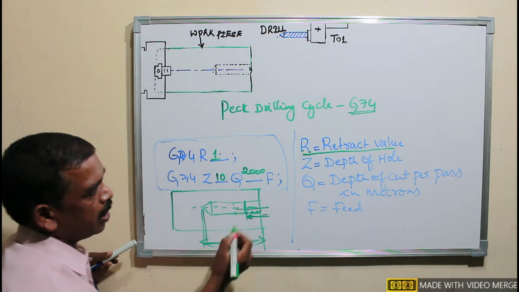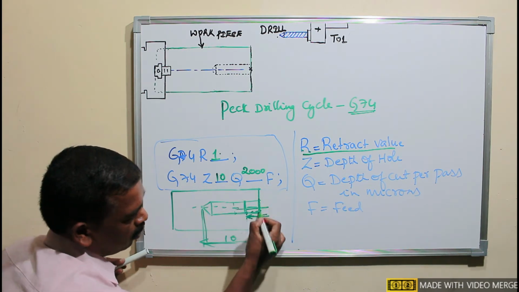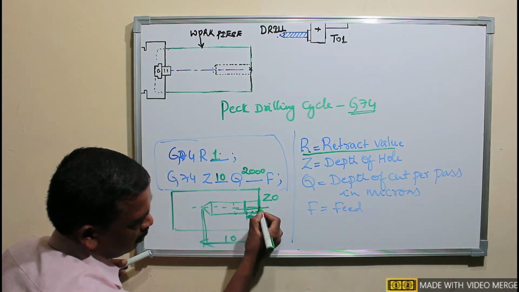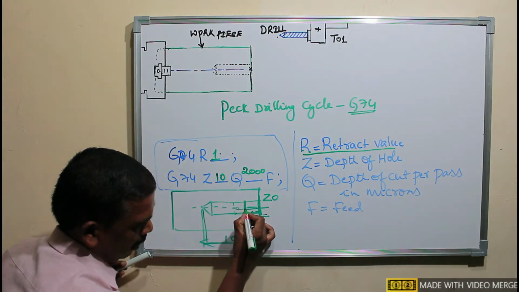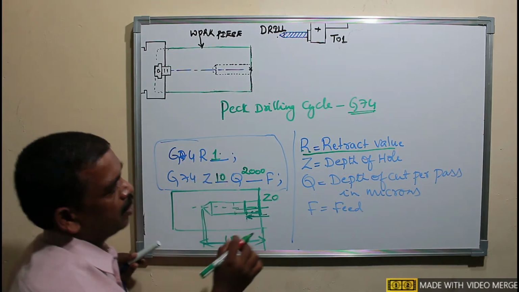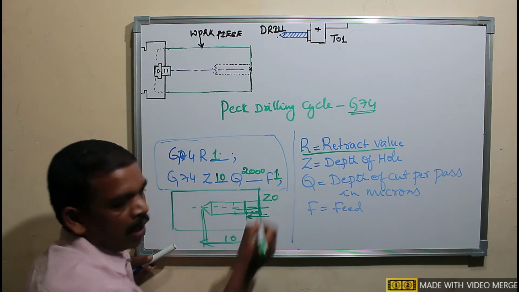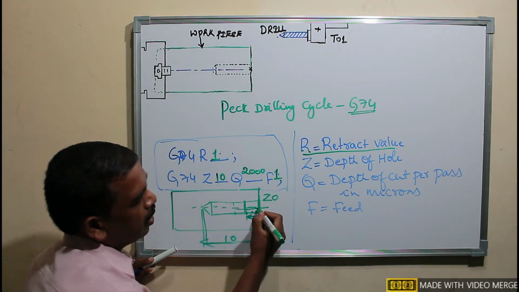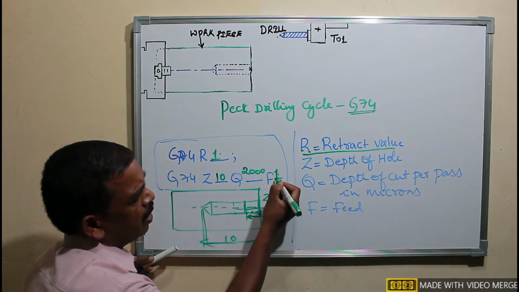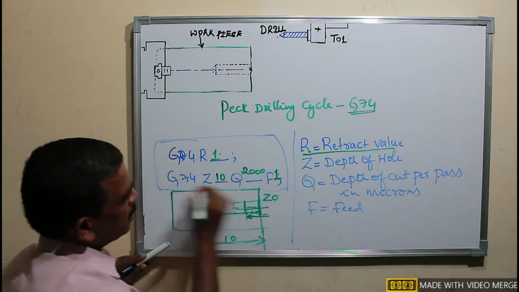When the controller reads this value, the tool will move from, here it is 0 now, from here the drill bit will move 2 mm and it will come back 1 mm. That is the retract. And then if I write the feed as 1, that means 1 mm per revolution. For every revolution the drill bit will advance 1 mm, or the value I have written. Okay, so this is the meaning.